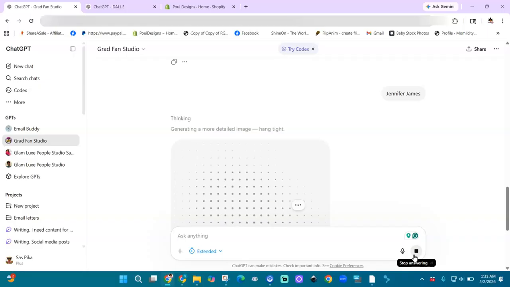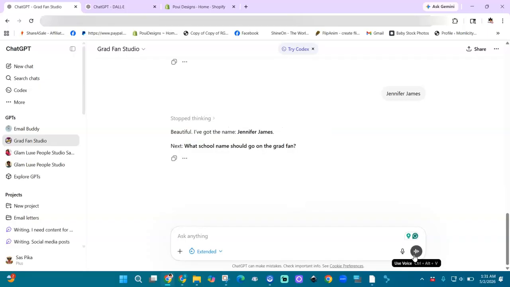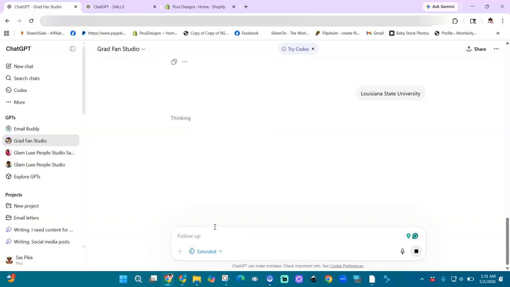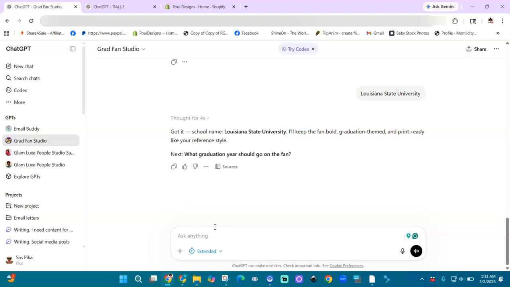If you don't know how to create Canva templates like graduation fans, this GPT work agent is for you. Beautiful, Jennifer. What school name should go on the fan? Okay, I'll say Alabama. I don't know anything about Alabama, but I'm just gonna use it. Oh no, not Alabama. Louisiana State University, like LSU. You choose. You see, right now, everything is being asked, and you're going to put them in, and it's generating